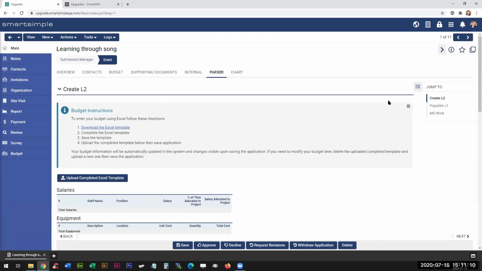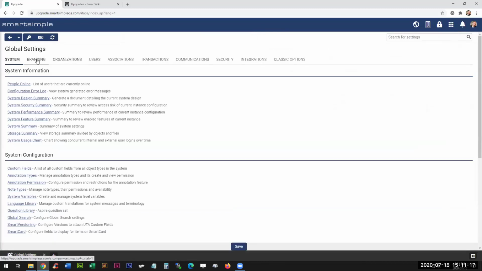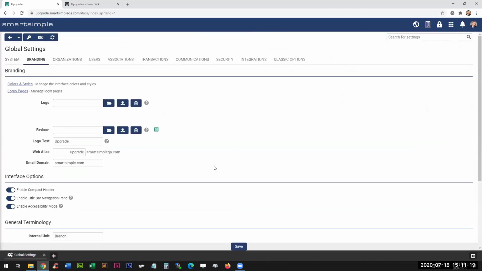Now to get this to show up on the right, I go to global settings, and it's branding, because we're trying to put a lot of the visual settings into branding now. And it's this setting right here under interface options, enable title bar navigation pane. So if you turn that on, and there's a description here to help you out, basically all my level 1,